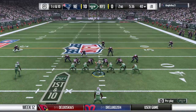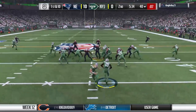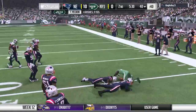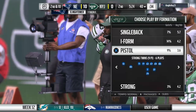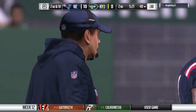And the D-line pinching together must be expecting the run. Green 39! Green 39! They'll start out on the ground. It's T.J. Yeldon looking for a cutback lane, but nothing there as he's met at the line of scrimmage. 2 Patriots there to bring him down. No gain on that run, and while the team is down, there's still time to come back and win the